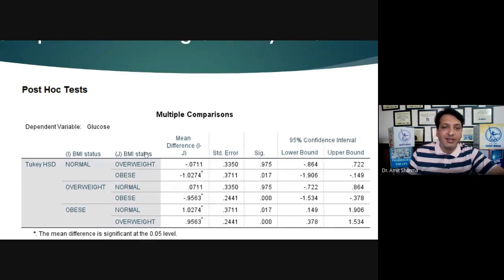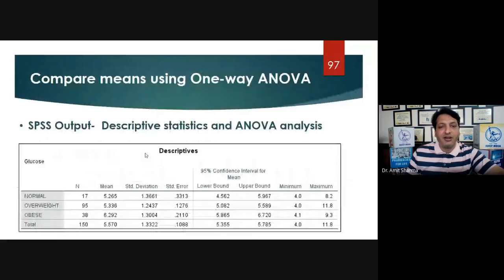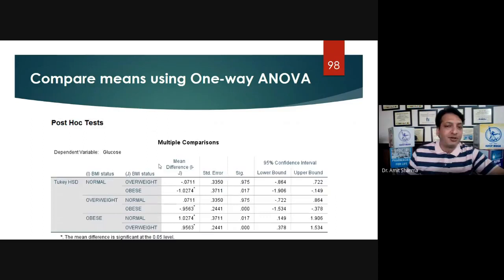So how to write the results of ANOVA? All the tables are very important. For example, from the first table where we have shown the descriptive statistics, don't take all these things where they have written standard error, lower bound, upper bound, minimum, maximum. We are going to take just the capital N, that is the frequency or number. We are going to take the mean, and we are going to take the standard deviation. Clear?